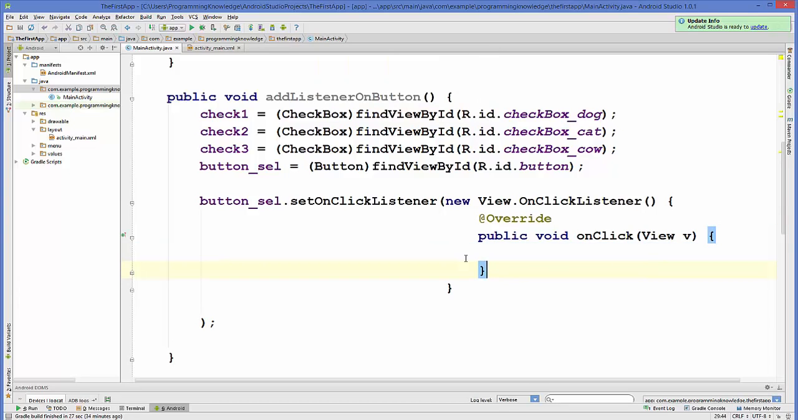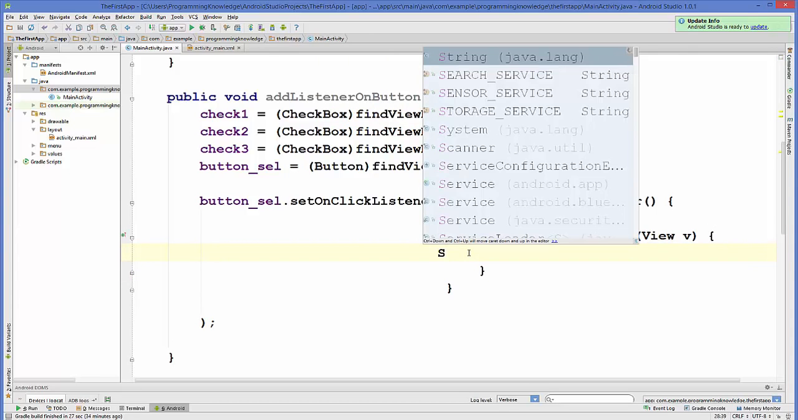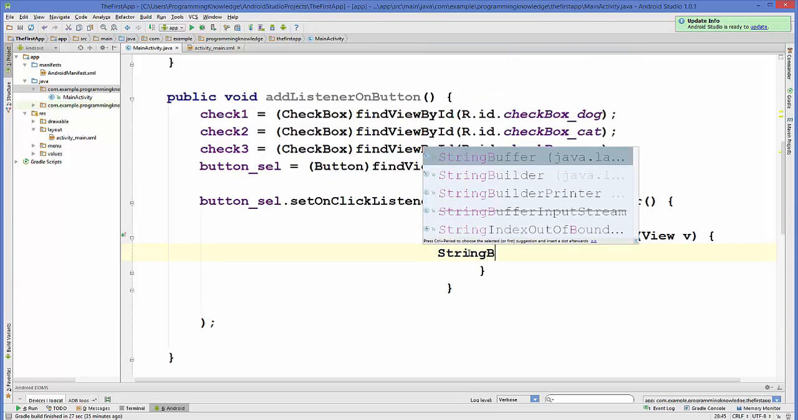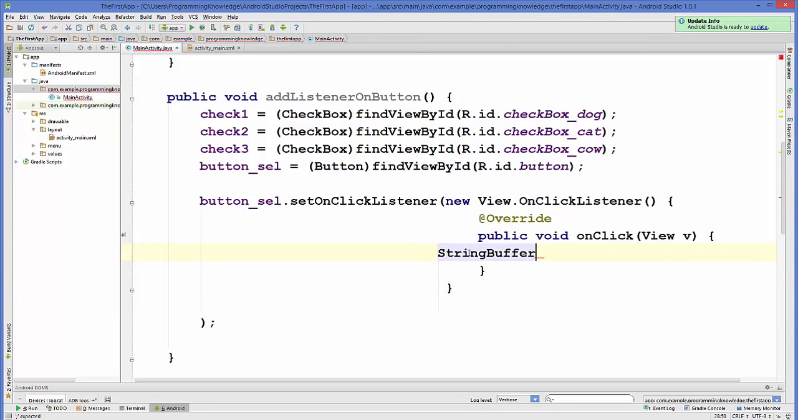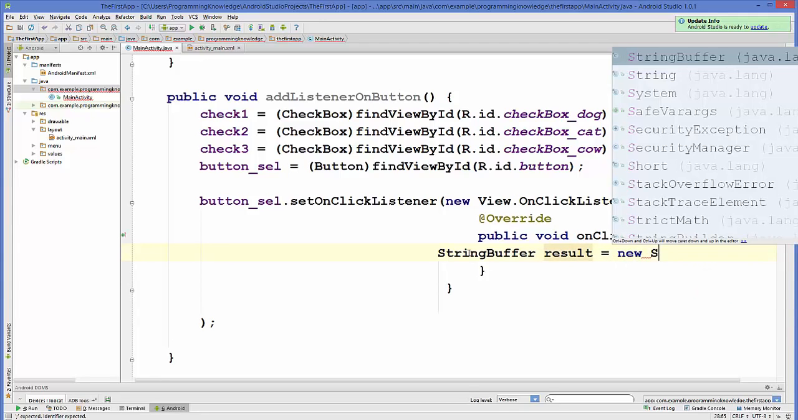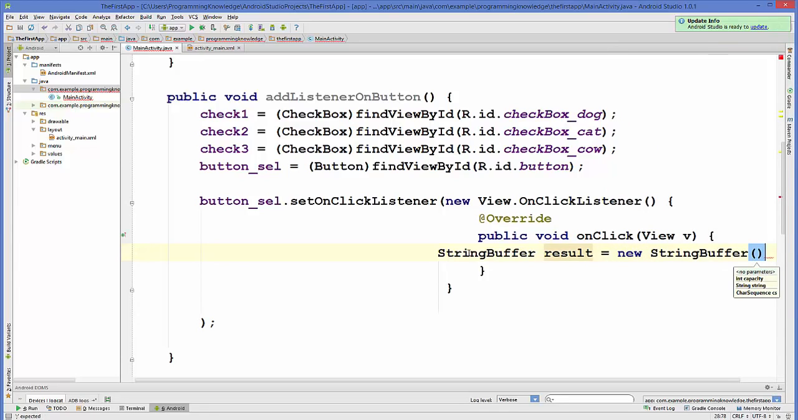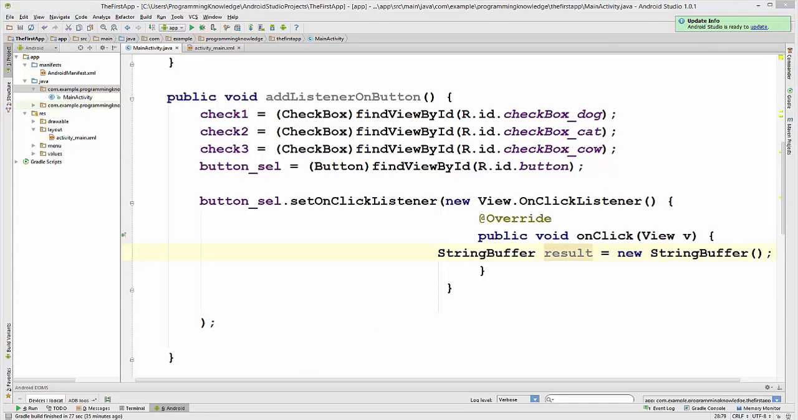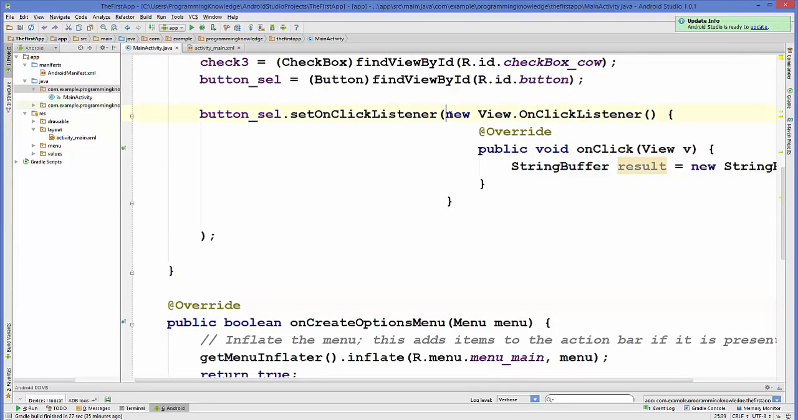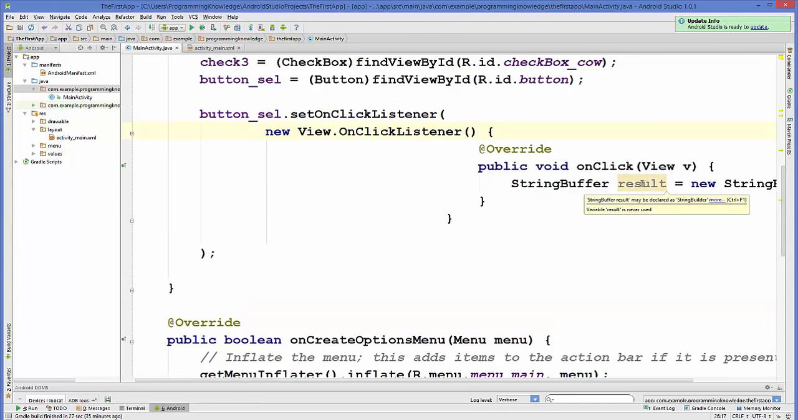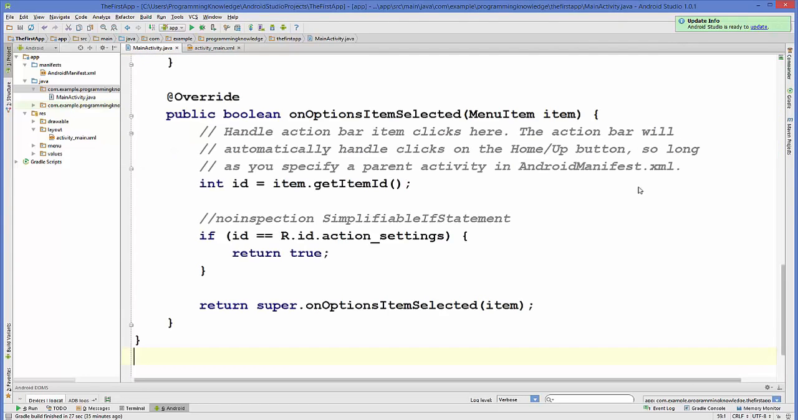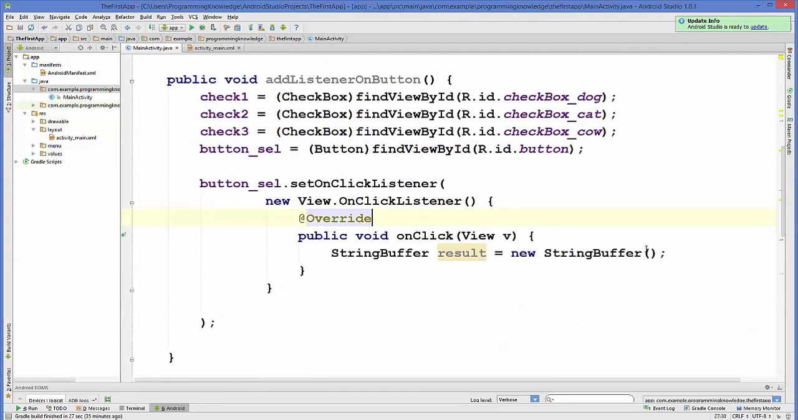So in here we are going to create a StringBuffer result is equal to new StringBuffer, and then let me reformat, otherwise it will go out of the screen. So select all, cut and paste once again, and now we are going to add a toast,